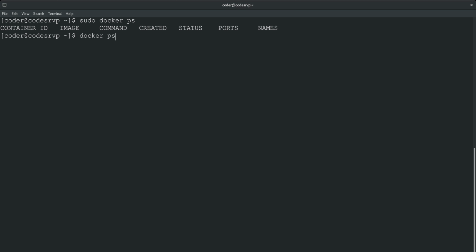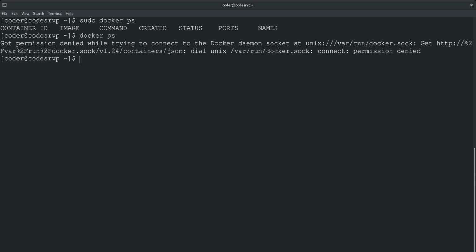And even now, if you give docker ps, we will get an error, permission denied. Docker will be the group and user will be the current user, which is running this terminal. Let's reboot the machine.